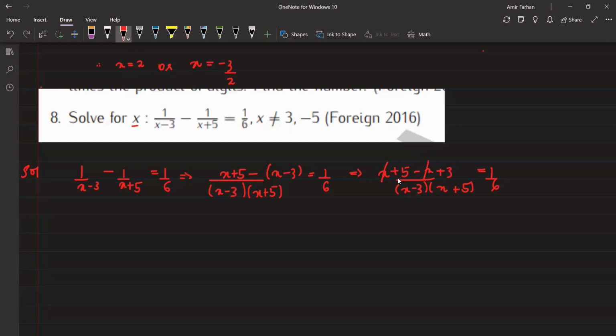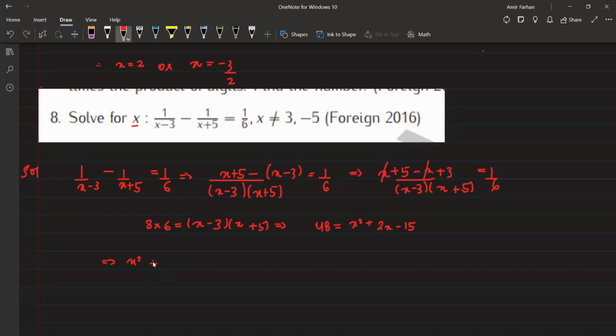So this x will get cancelled, 8 will be there. So just cross multiply them. 8 into 6 is equal to x square, or you can take (x minus 3)(x plus 5) is equal to 8 into 6, which is 48, is equal to x square plus 5x minus 3x, that is plus 2x, minus 15. ठीक है, taking all the terms on one side, so x square पॉजिटिव साइड ही रखते हैं, 48